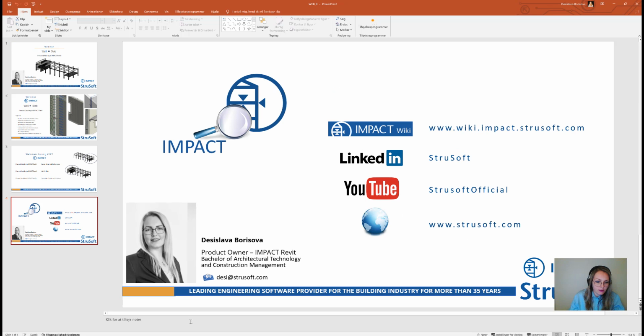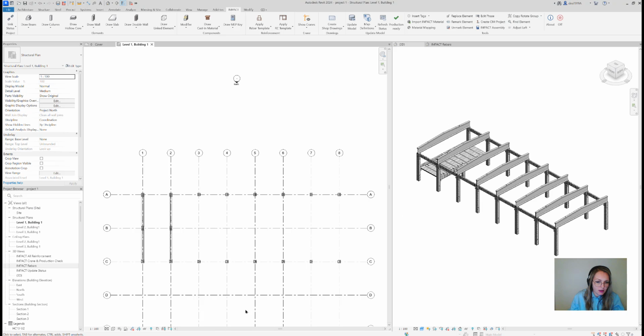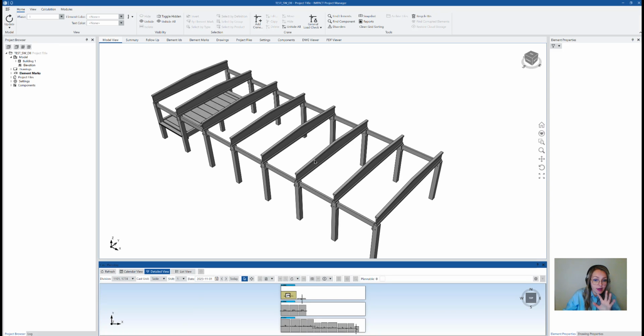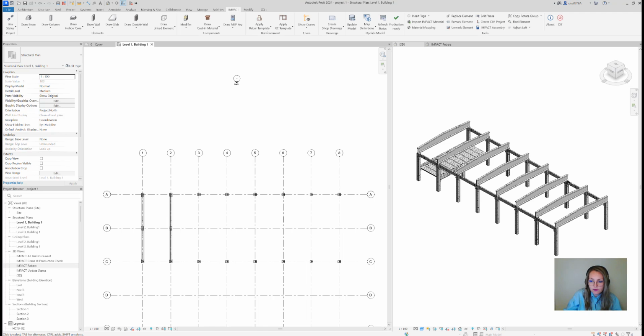I think I'm going to go out of PowerPoint. Here we are. We are in Revit, and as I said, we're going to continue. This is the project manager where we can preview the saved elements right now in this project, right? And we're going to focus on this part of the building, and I'm going to start by drawing sandwich